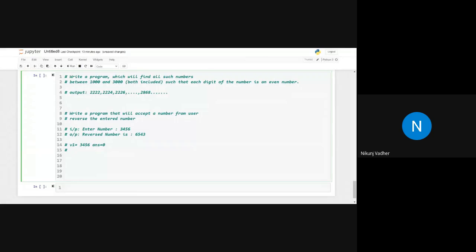Let's say we store the modulo result into M. So M equals V1 mod 10. So M equals 6 and V1 equals V1 divided by 10, so V1 will be 345.